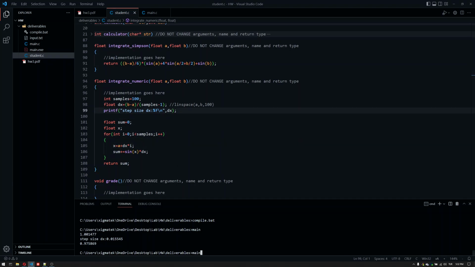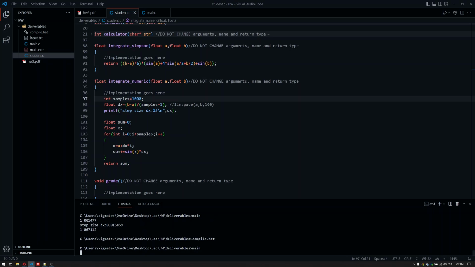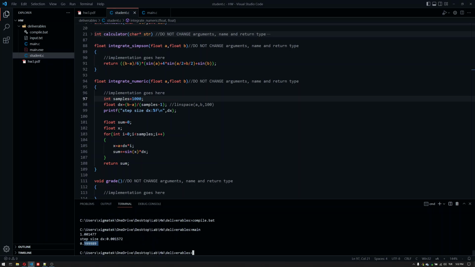So let me just compile it again, run it again. You can see 1.0 is kind of the result here, and the step size is this. So if I increase it, it will become even better. You can see 0.999989, which is practically 1. So yeah,